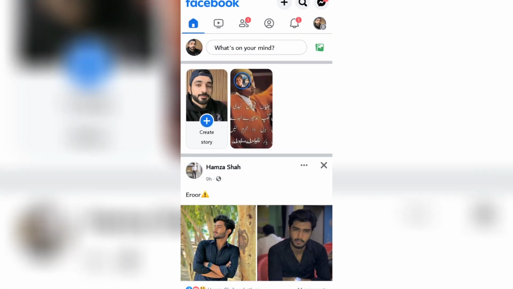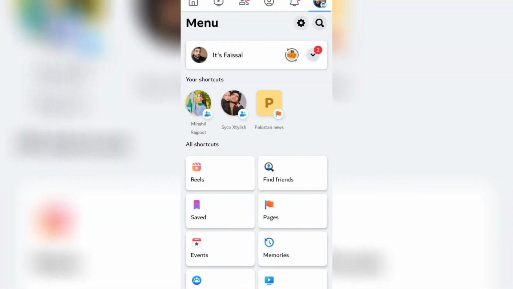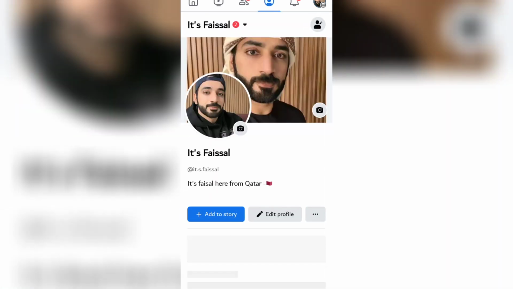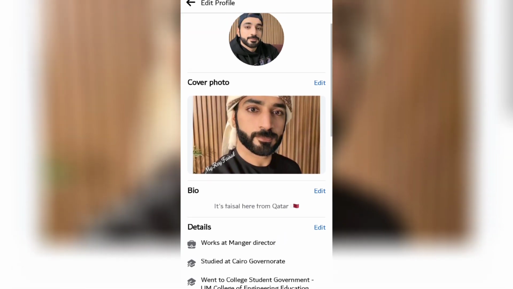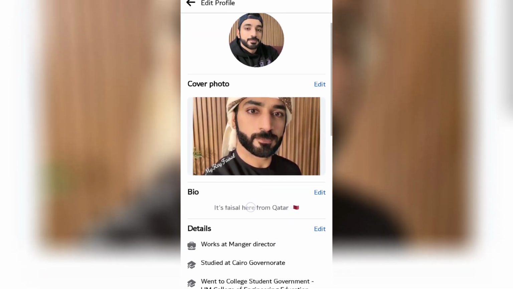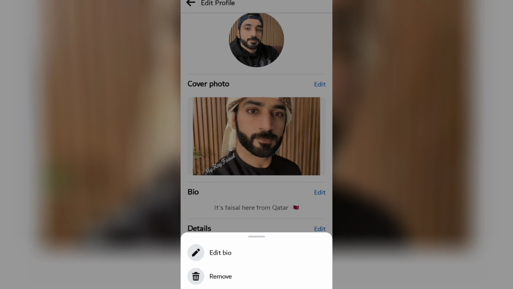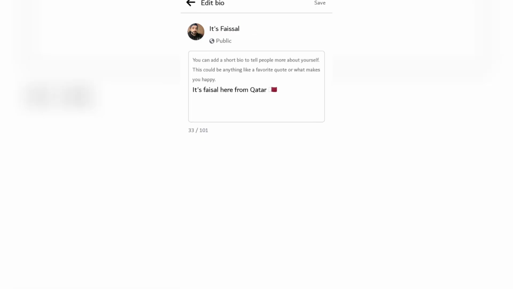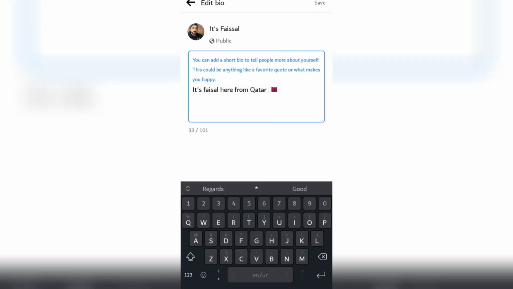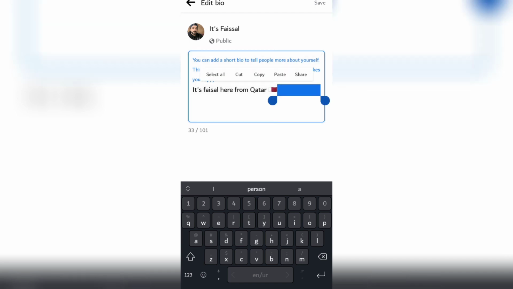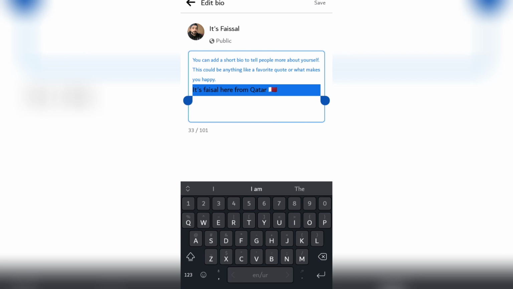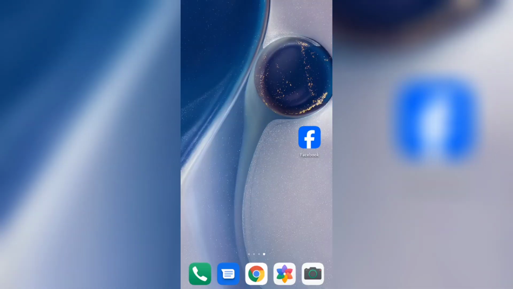Let's open up the Facebook app, go to the menu icon, go to your profile, tap on edit profile, and here you can see bio. Just tap on edit bio, and here you can see my bio, but this is not in bold. Now all you have to do is just copy the text, go back, open the Google Chrome,